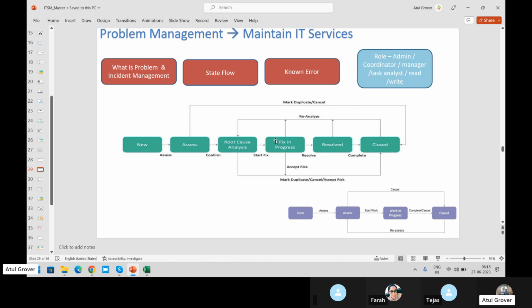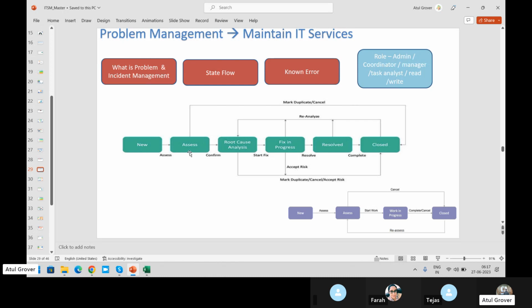I raise a problem record as an ITIL user. Farah also raises a problem record, Tejas also, Sulpi also. All four of you think it is a potential problem and you raise the record. Now it is in the New state.